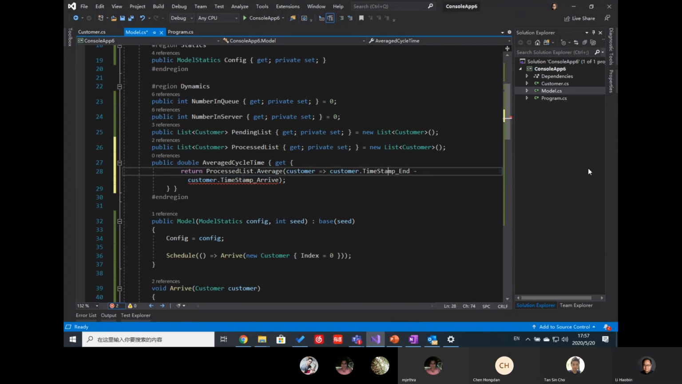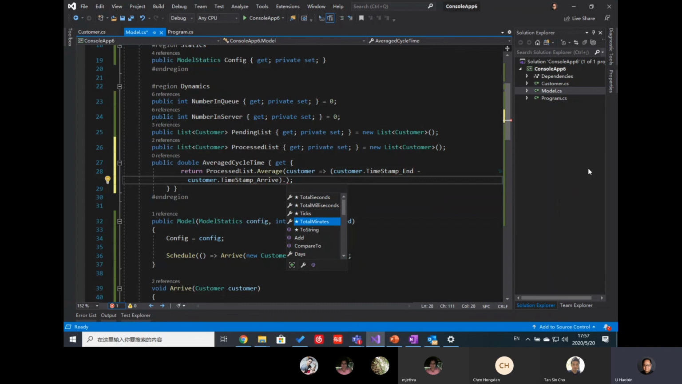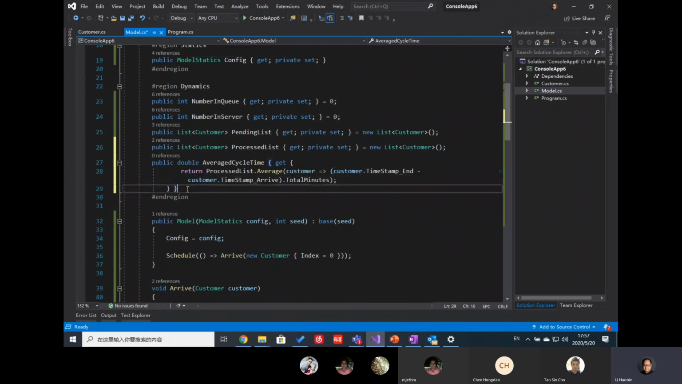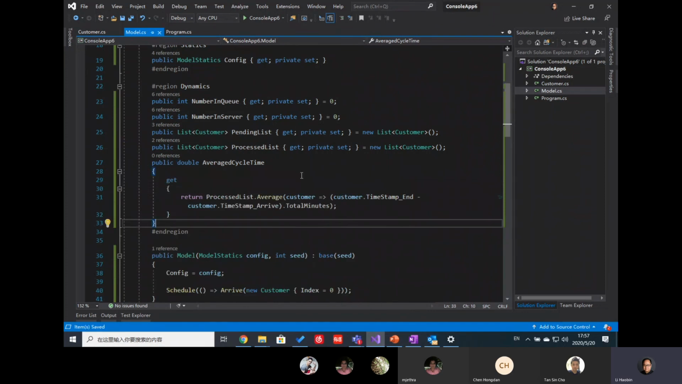Okay. Then for this time span, because one date time minus another date time becomes a time span, we want the time span to look at what are the total minutes. So I want to average on these things. Let me just explain a little bit what this statement means, meaning that for this list,